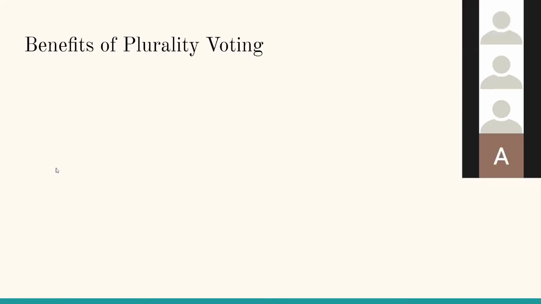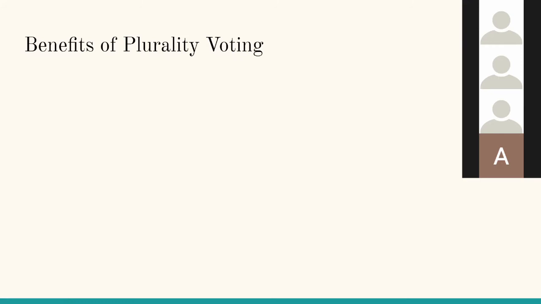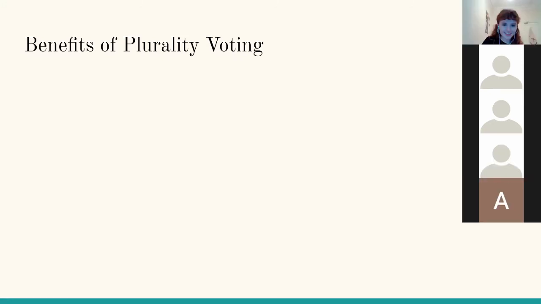Does anybody else have anything to add to that? I don't want to call on specific people, but oh yeah, go ahead, Alicia. Yeah, I was just going to say, I guess larger parties won't be forced to cooperate with other parties with more extremist views. Yeah, exactly. That's a good one. Okay, yeah. So you could argue that plurality voting has less extremism, and it ends up being more centrist parties because people are just trying to cater to everybody.